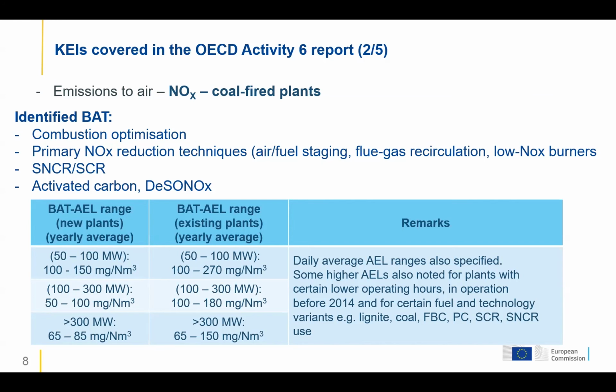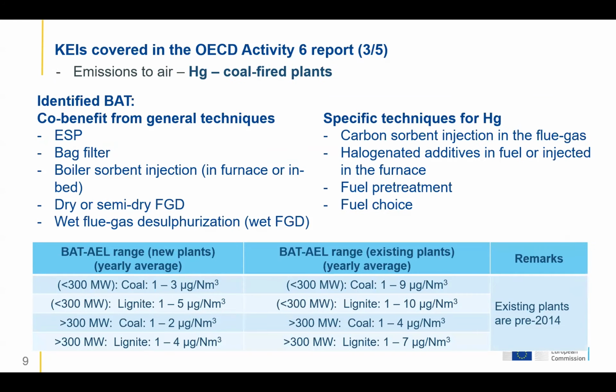Moving now to the next slide, it's about mercury emissions for coal-fired plants. Here, the identified best available techniques are split into two main categories. Techniques that are not typically addressing mercury emissions, but may have an impact on them, we call techniques that have a co-benefit in mercury emission, from general techniques, and these general techniques are the general